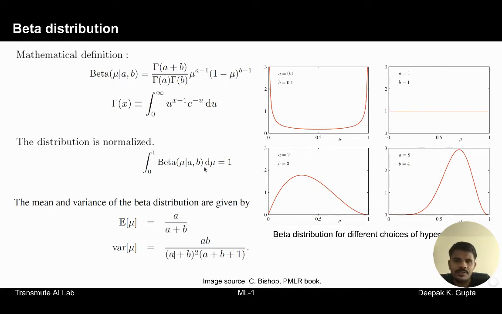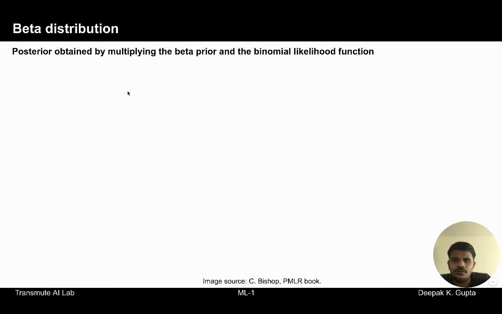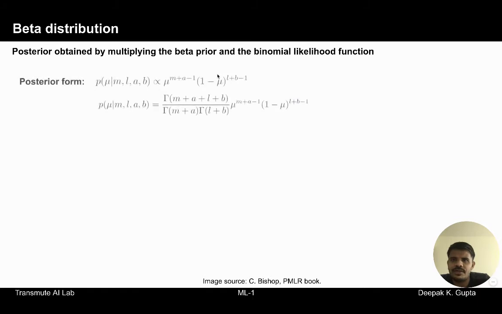Now, how do we really use it? If we have the beta distribution defining the prior for our solution, and we already have our binomial equation defining the likelihood function, then to obtain the posterior probability, we just need to multiply the beta prior with the binomial likelihood function. After multiplying the two, the posterior that we obtain is defined as follows. So this is the posterior that we obtain, and it is proportional to these two terms that we have here.